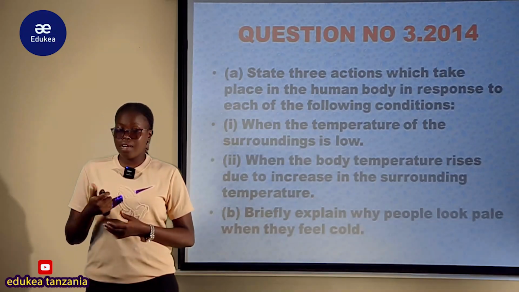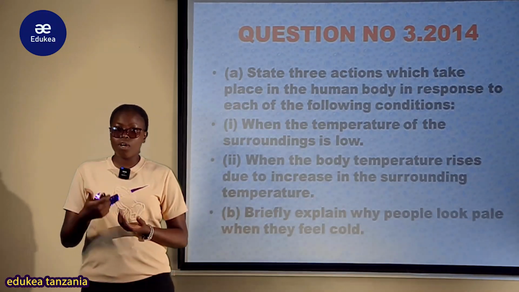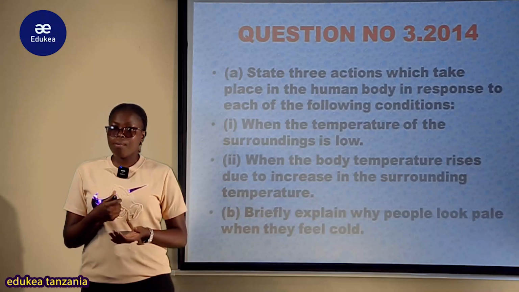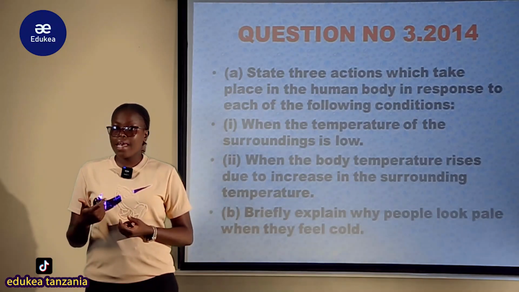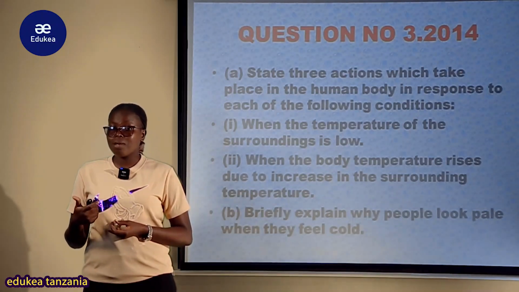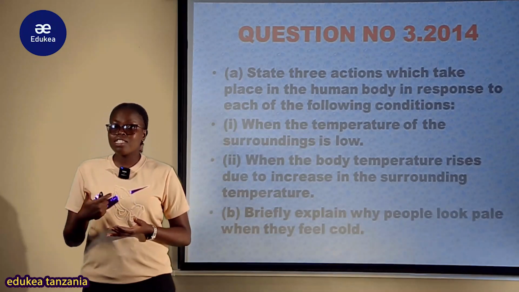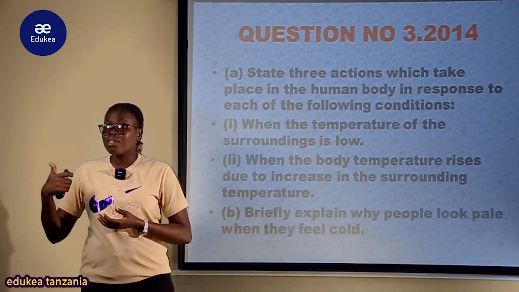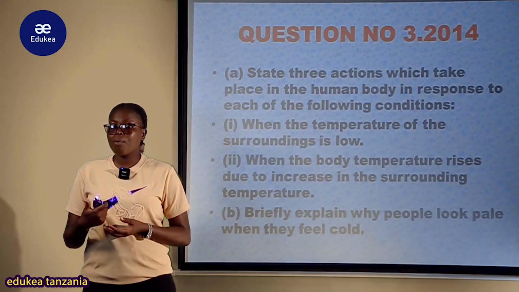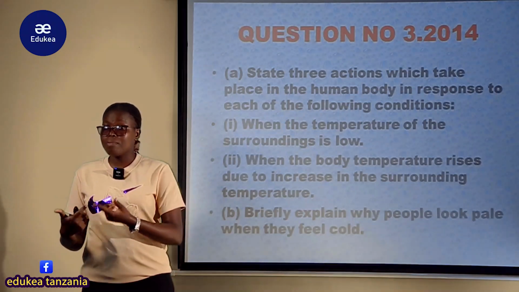In our topic we have learned that we have 2 kinds of organisms: the poikilotherms and the homeotherms. Homeotherms are the organisms which are able to maintain their internal body temperature at a constant level despite the fluctuation of the external temperature. Examples are mammals and birds. So the human being is found within